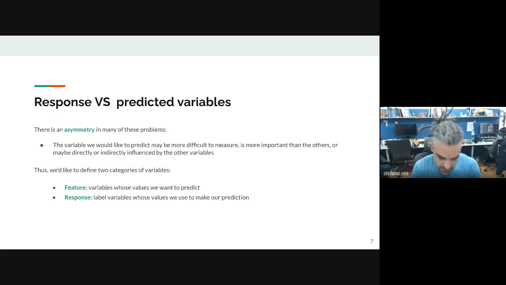Some of the variables are easy to collect, they are easy to control, and they are easy to influence. And there are some variables which are harder to manipulate, which cannot be manipulated, which cannot be easily measured, or cannot be easily inferred. And so the process that you do is to take whatever is easy in this context, to predict whatever is difficult.